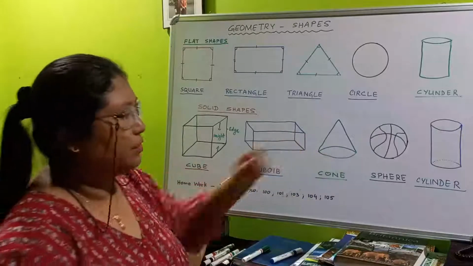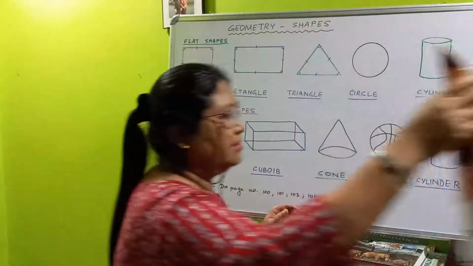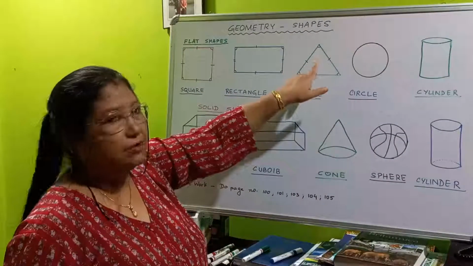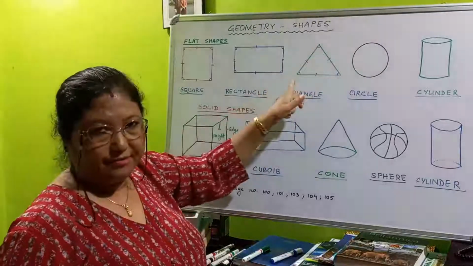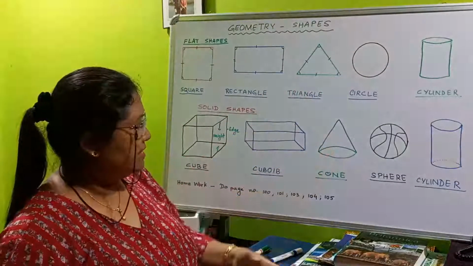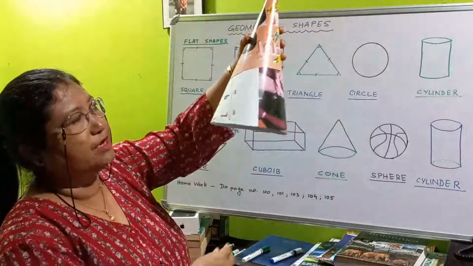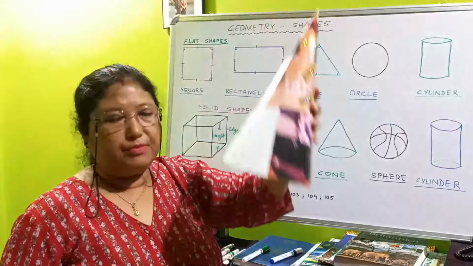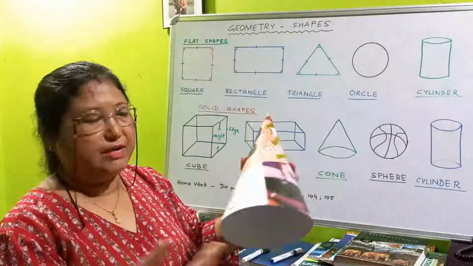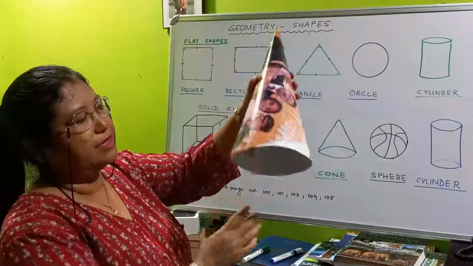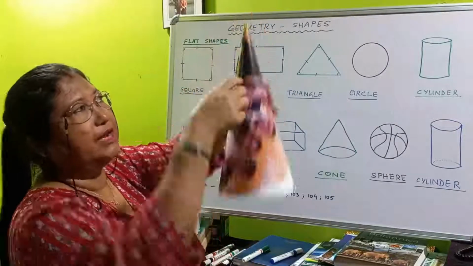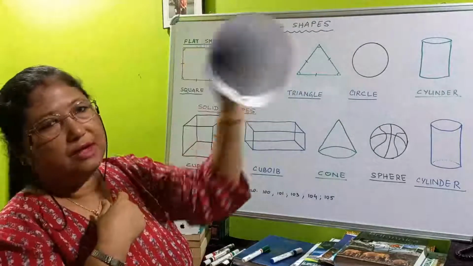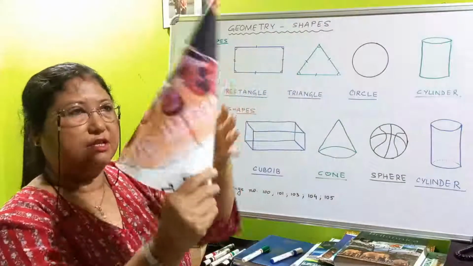Now next is cone. Now here I have got a cone. Now see, here it is a triangle, this flat surface. Okay, triangle. Only the outline figure is there. But it is like this, cone. This kind of figure is called a cone. Okay. On a birthday also you put one like this, and you celebrate your birthday or your friend's birthday, isn't it? So this kind of figure has a circle down and is pointed at the top. Okay. So this kind of figure is called a cone. Have you seen one, children?